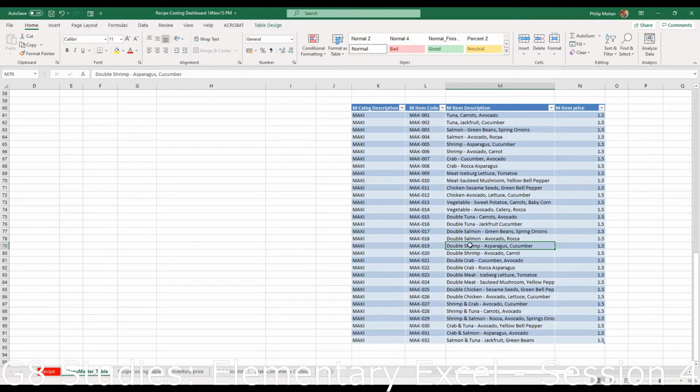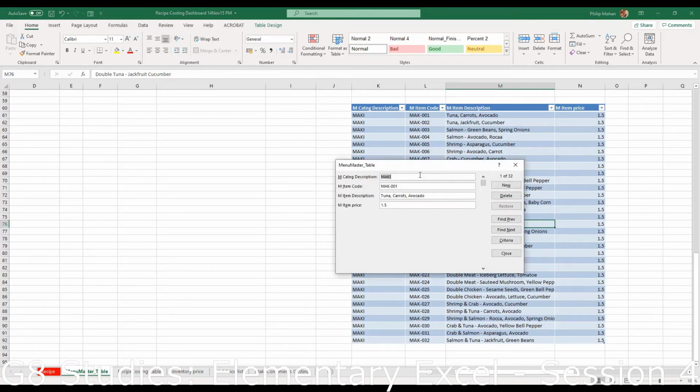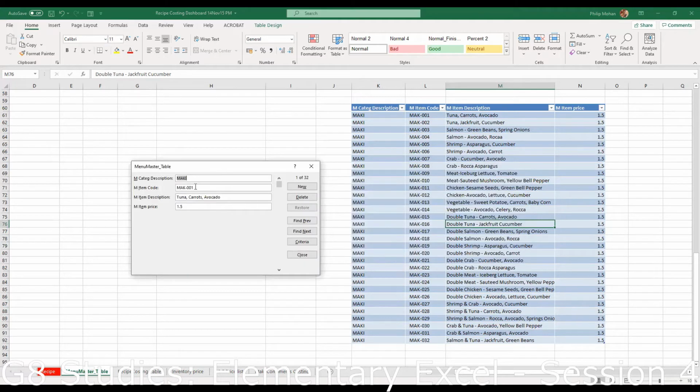But the simplest way to do this is you can just go inside the table, and I'll show you how to get this particular thing called Form. You click on Form, and immediately you have an input form here, okay? So we're going to say marquee, what is it? MAK 33, right? 033. What do you want to call it?